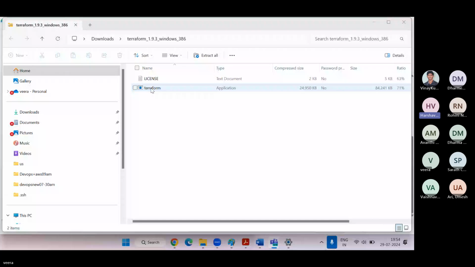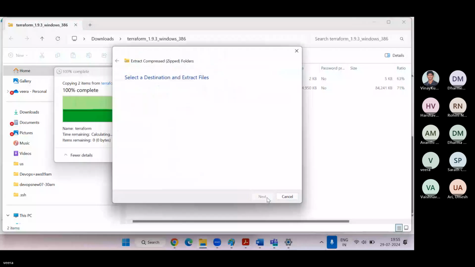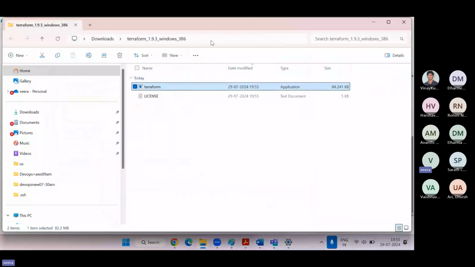Once you download Terraform, we can go to the downloads. We have to extract it. You have downloaded it in zip format, right? So now click on this and take the path. Copy as path.